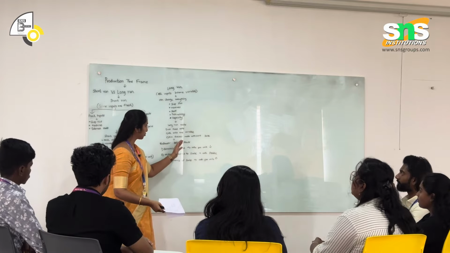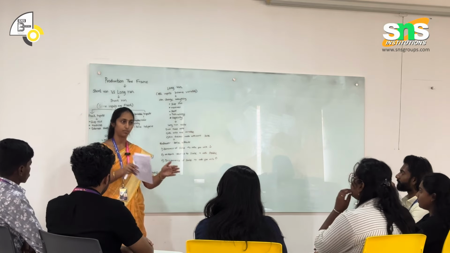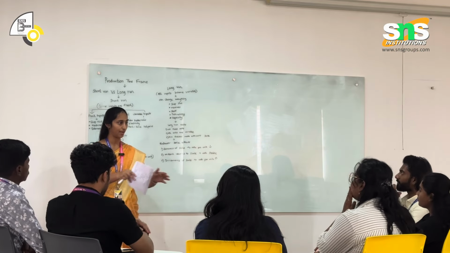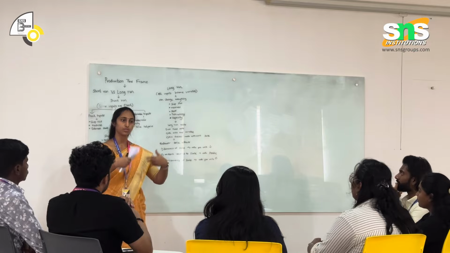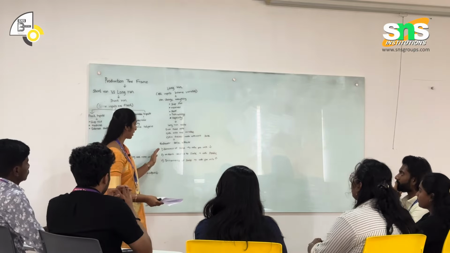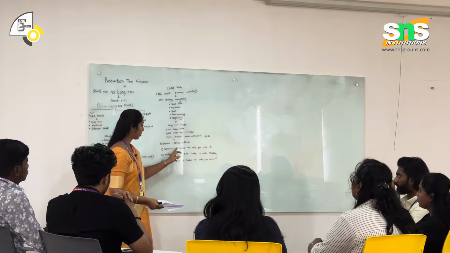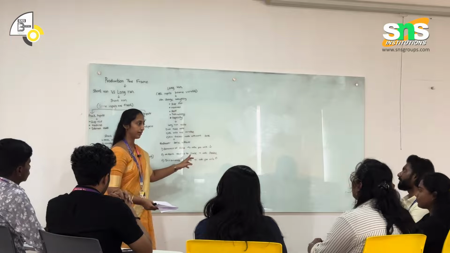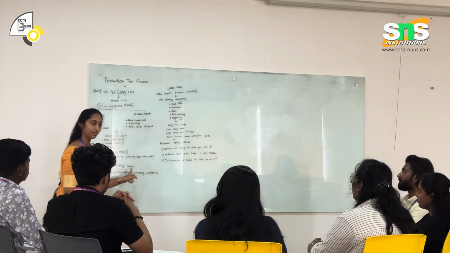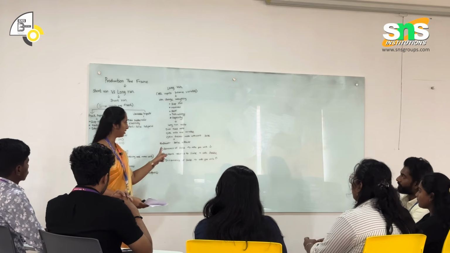So firms choose the most efficient scale. Land plus labor plus efficiency, whatever resources you have, that entire combination you use to produce in more quantity. That is the behavior. The behavior for long run is economies of scale, diseconomies of scale, and constant returns. Here in short run it is diminishing returns, but in long run it is constant returns. That is the difference between short run and long run.